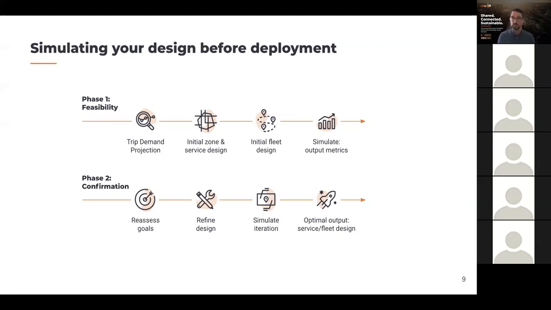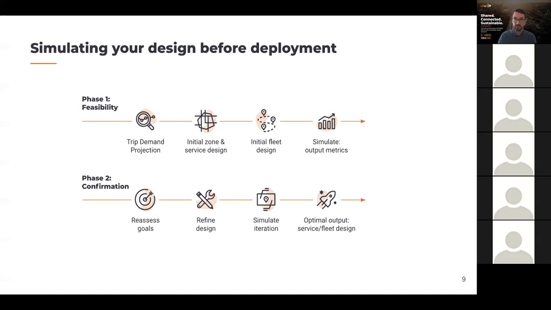Here it's really important to work in partnership, to have people around the table who not only understand DRT, but also have lots of deep local knowledge about the area, so you can come up with designs that make sense for that community. We can then run through the first set of simulations and use those outputs to assess feasibility. Very open about the fact that DRT isn't the answer to every transport problem, and it's much better to find out at this stage rather than halfway through an expensive launch.